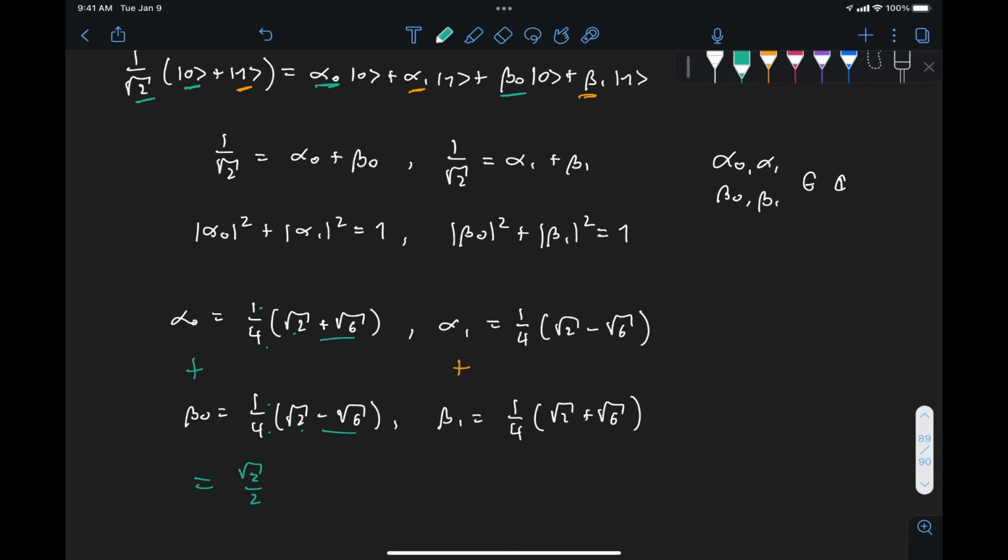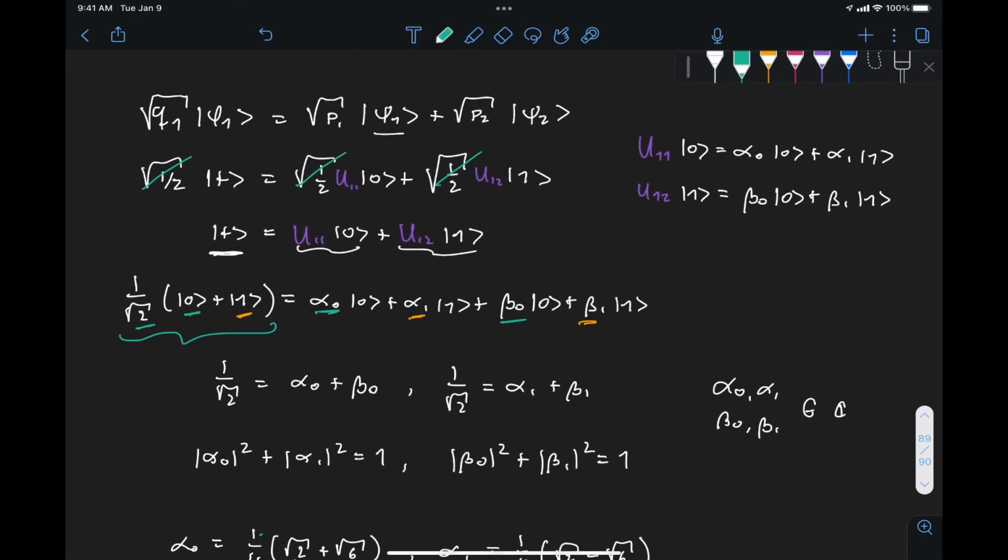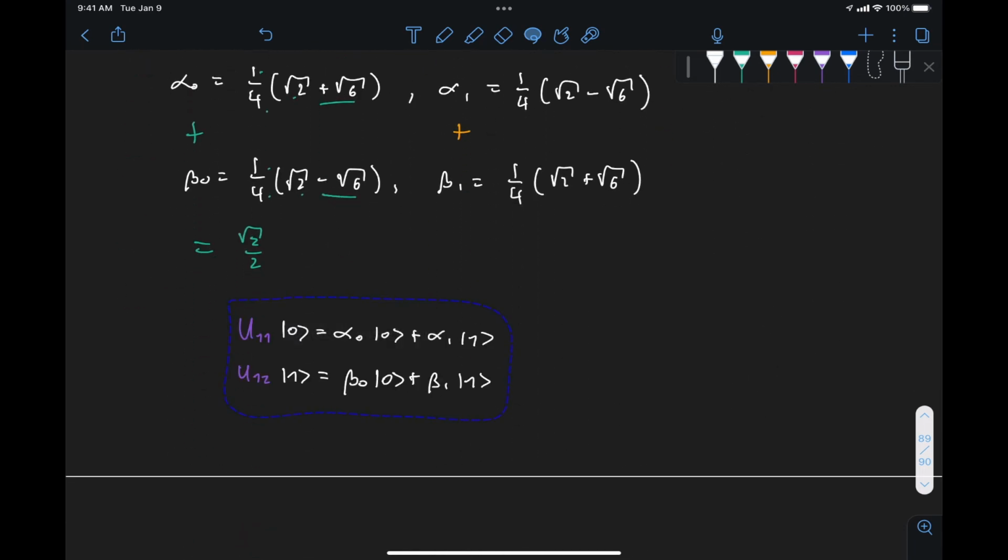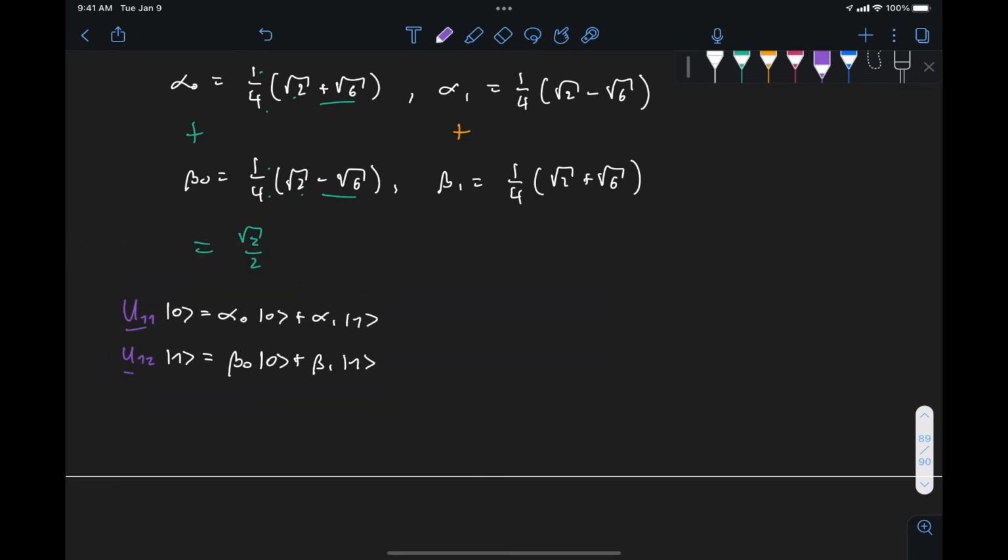So here we can see that these probability amplitudes do add up to give us what we had here on the left side, which is the state plus. So now all we have left is to take these equations here that relate these arbitrary states with probabilities alpha 0, alpha 1, beta 0, beta 1 to some unitary transformations u11, u12, and try to find what these unitaries are. And I've already gone through the work of doing that, and if we apply a u11 that is an